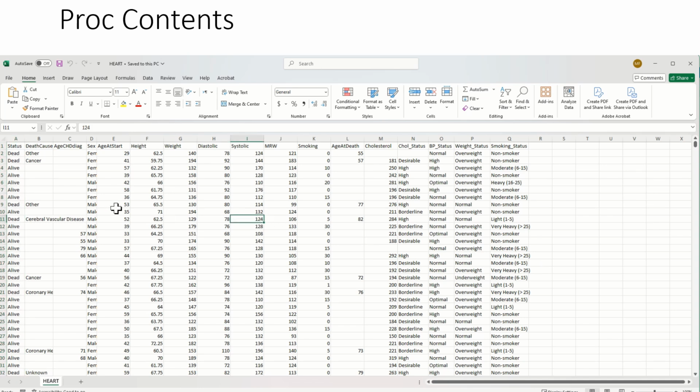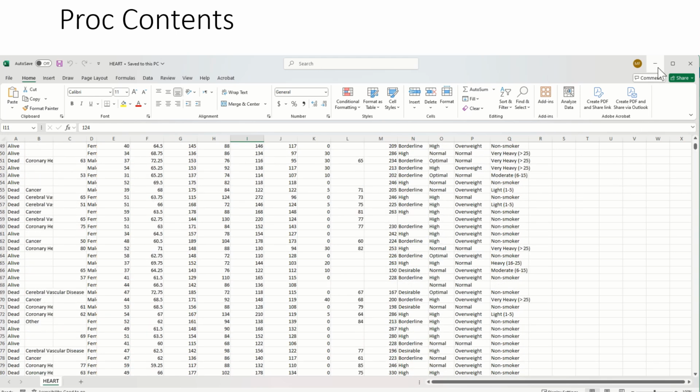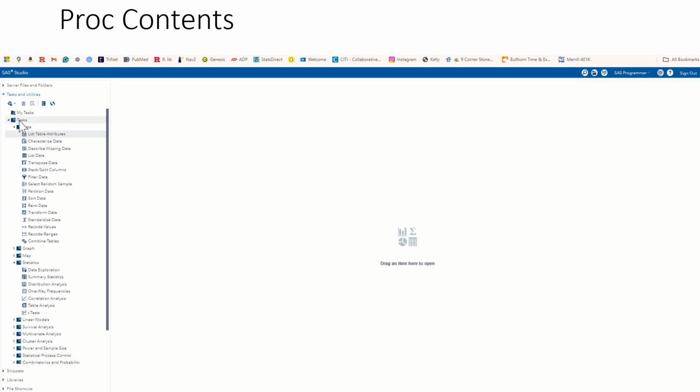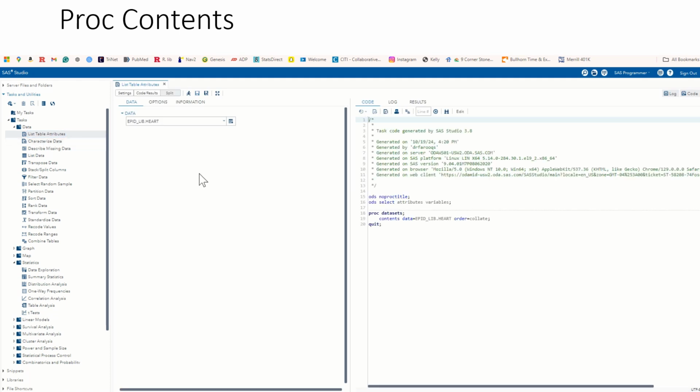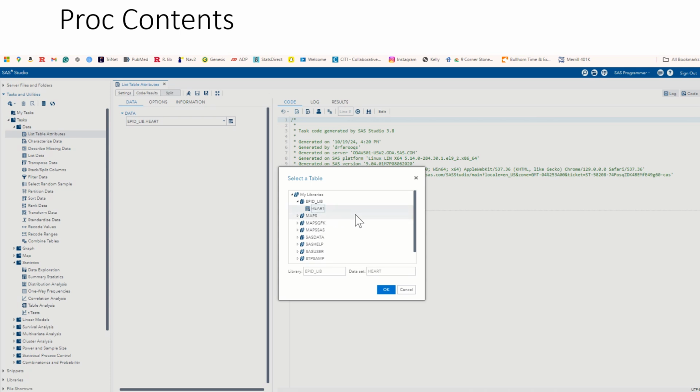Now next we want to see what lies within the data set in a snapshot. So let's do it in SAS. For that, you need to go to task, then data, and then list attributes, and this will open up a window on the right. Here it is already selected, but if it is not selected, you can always click on the table icon and go to the particular data set where you want to